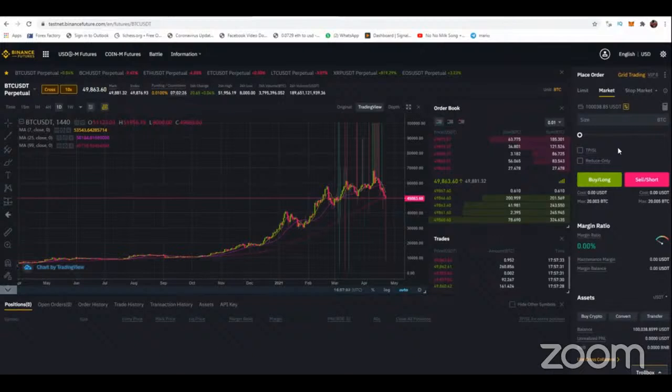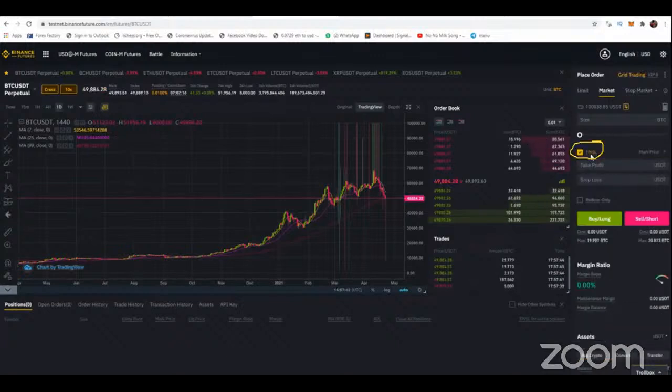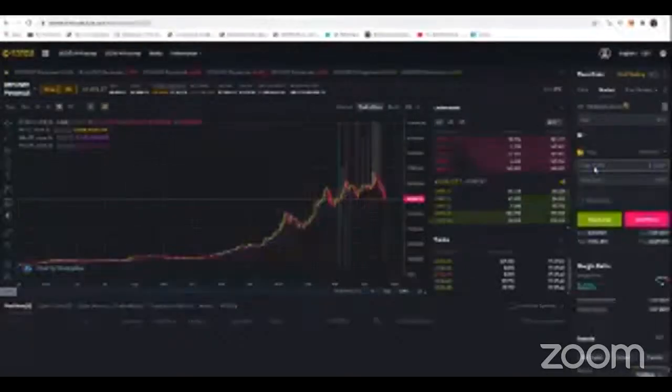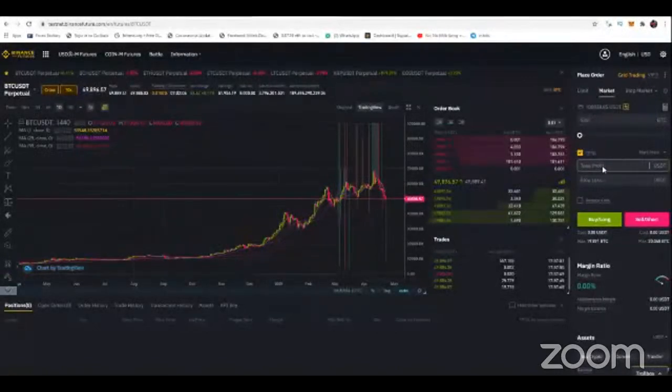So let's say, for instance, that before you take the trade, you want to first set up your stop loss and target before placing it. That's when you are going to select this TP and SL. TP for take profit, SL for stop loss. So that's a take profit of 30,000. This is where we put it,